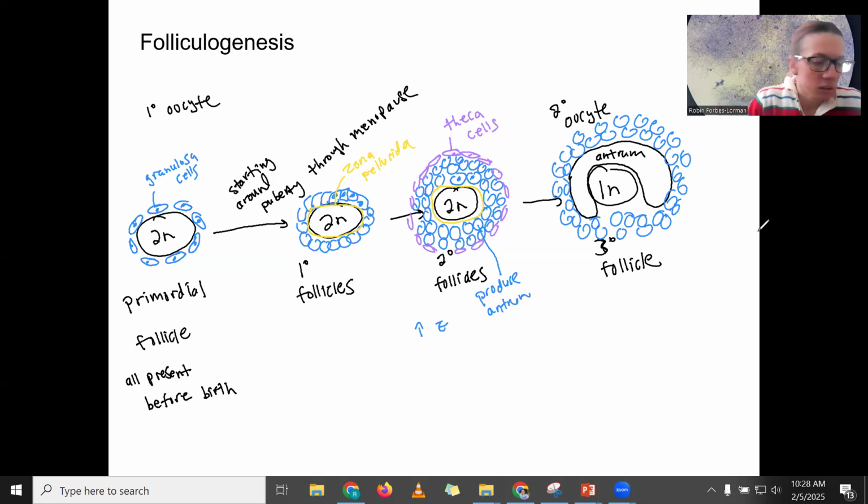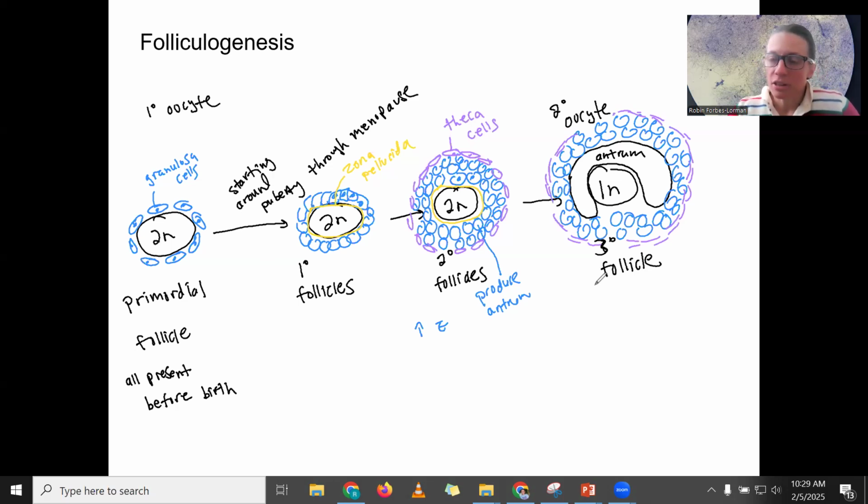And theca cells as well. Just going to draw them like this. And this actually is more than one layer now. So the follicle has gotten larger. This is probably not perfectly to scale. The primordial follicle is probably even smaller than I've drawn here. But the whole follicle has gotten larger, resulting in more hormone production, more antrum production, and so large that eventually